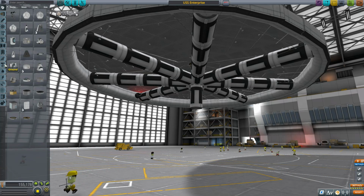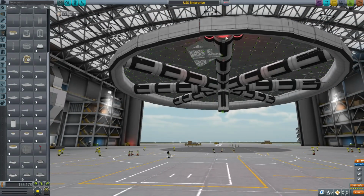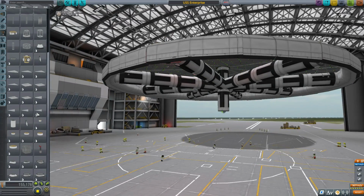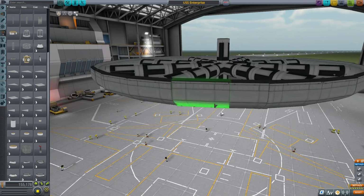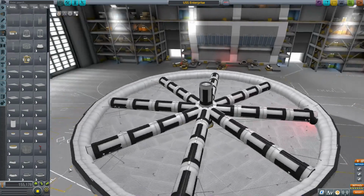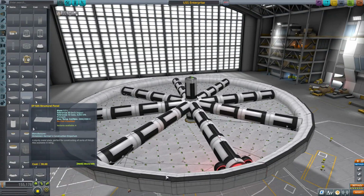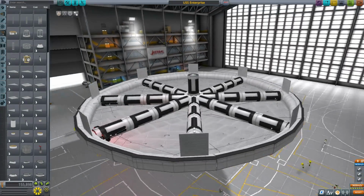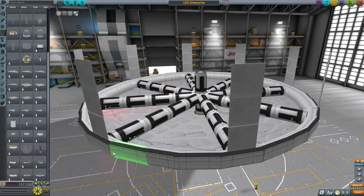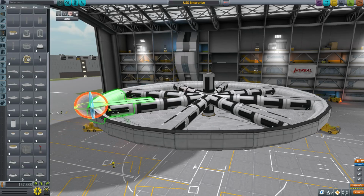So what we're going to do is go ahead and find... Frame rate is already not amazing, so... You know what we should do first? We should flip this thing on its head, like so. Much better. And now we should be able to take these and place them like there. There we go. And now it should be a simple matter of just tilting this down so that it lays